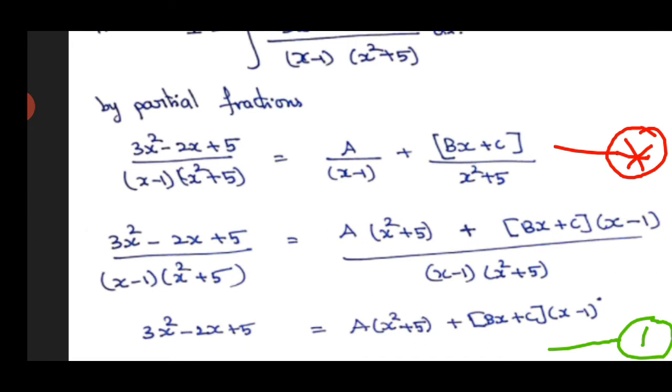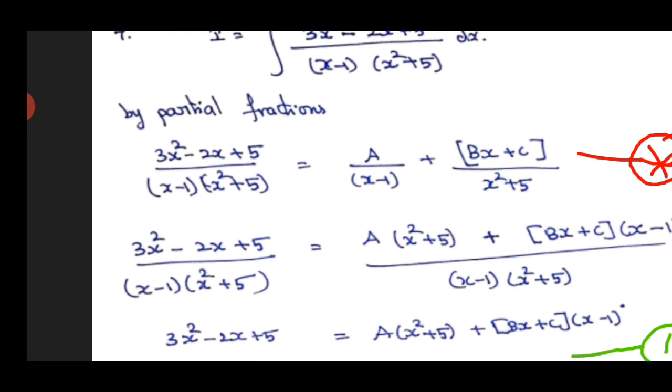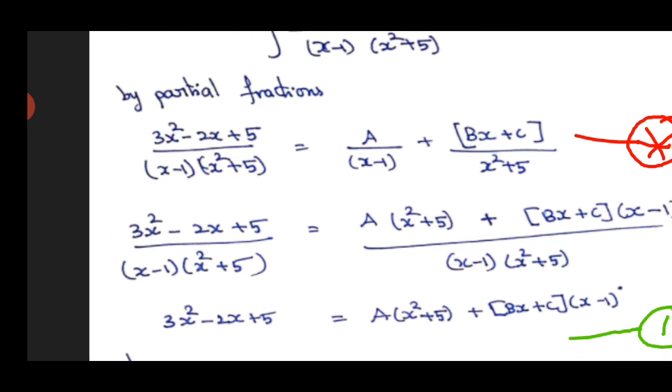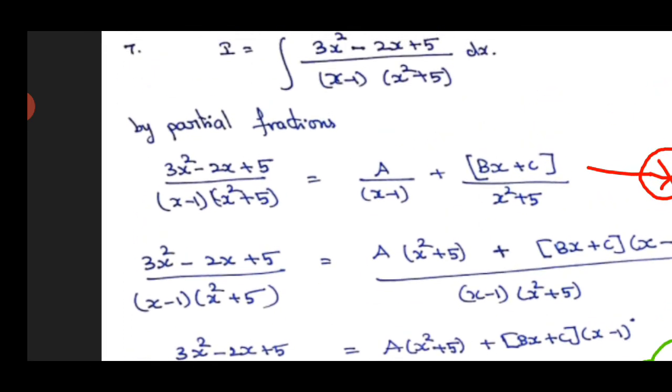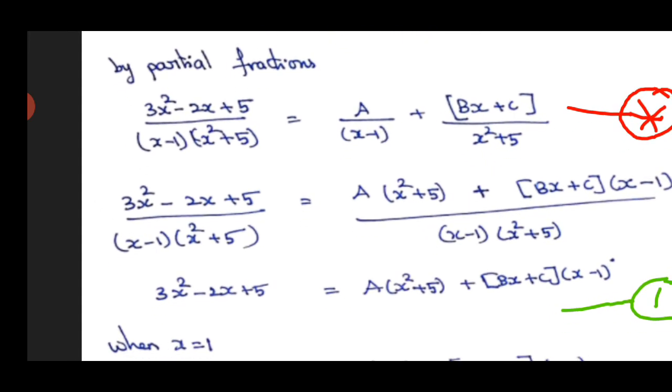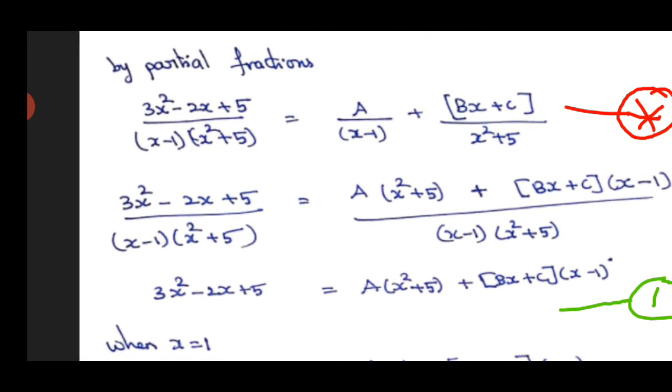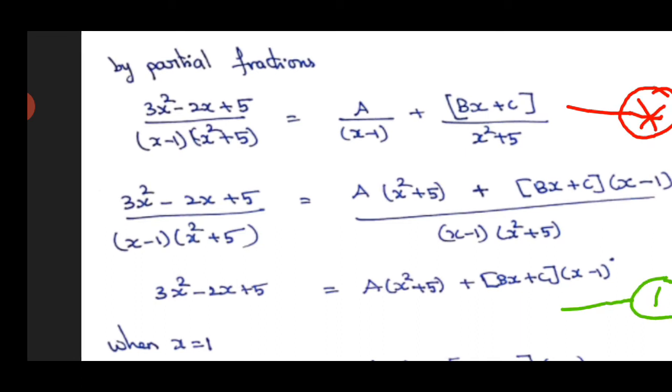So normally in the denominator we'll be having distinct factors or repeated factors, but this time we are having a quadratic expression in this equation, red color equation you can see on the left side. 3x square minus 2x plus 5 by x minus 1 into x square plus 5. So for this we are writing the partial fraction. What is the linear among this, x minus 1 or x square plus 5? X minus 1. So a by x minus 1 plus,